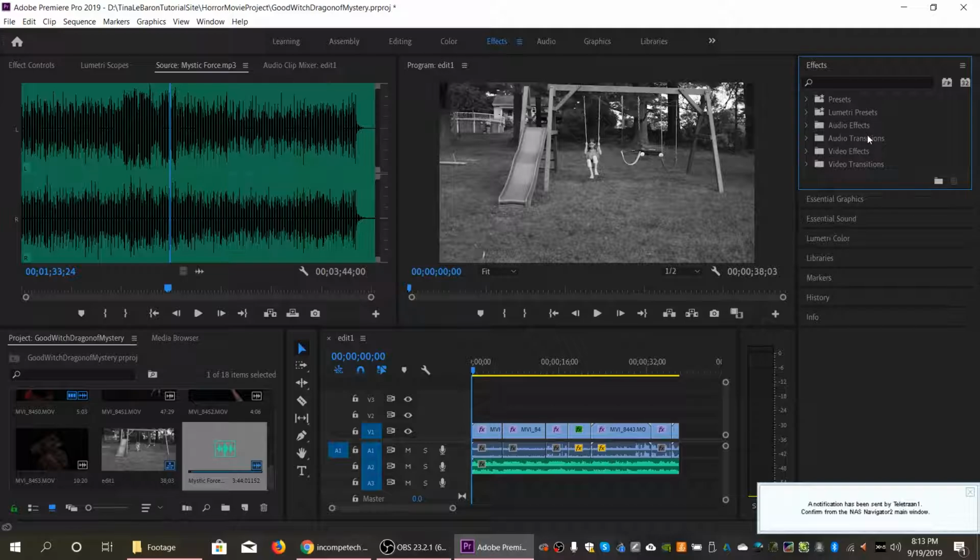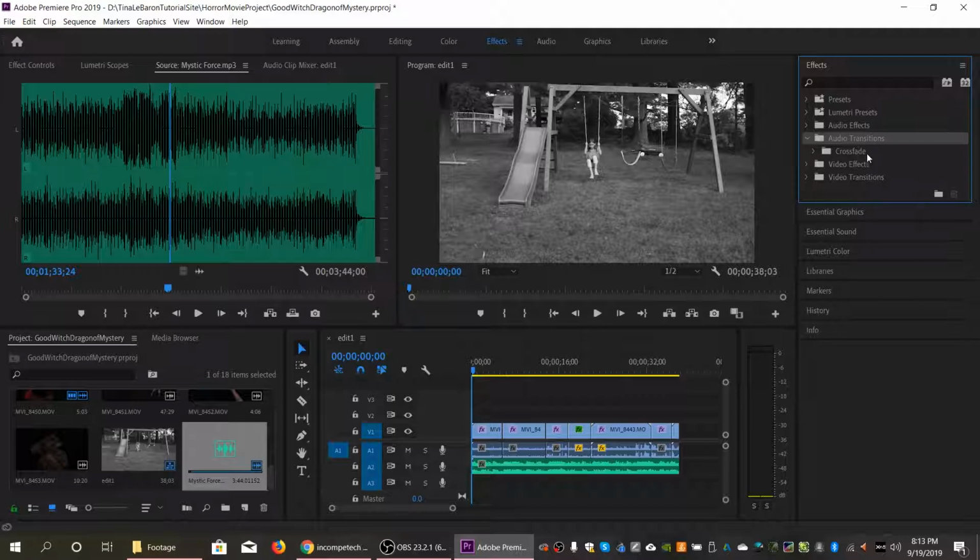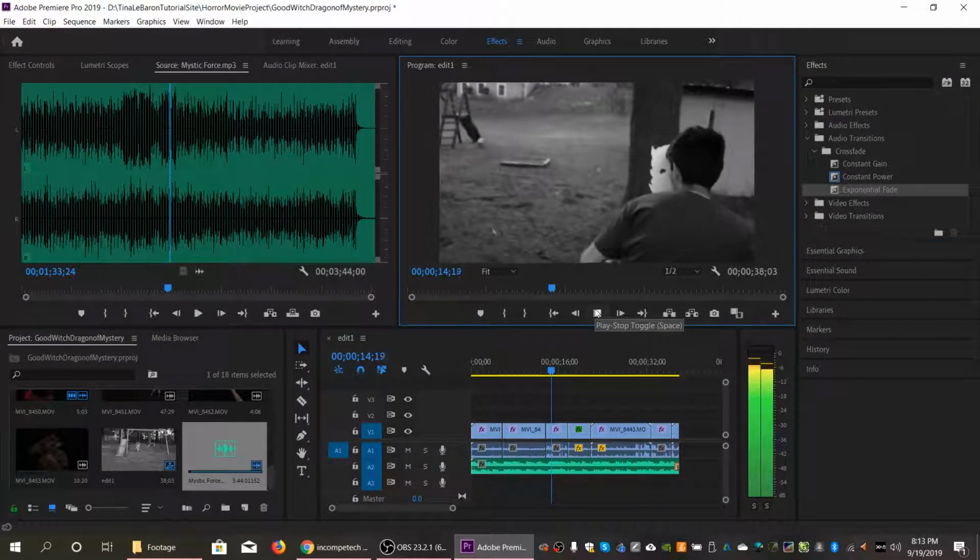If I want it to fade out, I can go back to my search area. I can go to audio transitions, crossfade. Constant gain is going to keep the pitch. Constant power is going to do that force, and an exponential fade will make it seem like it's slowly tipping out. So I can drag whichever one I want to the end. And now, when I play it,